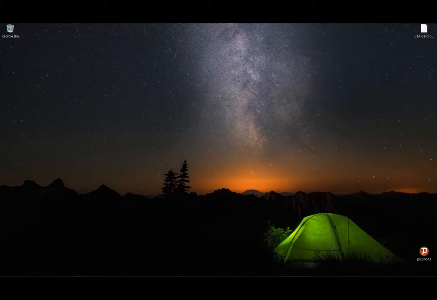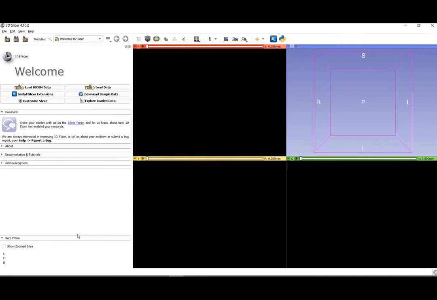Now we will open the 3D Slicer application. We will do the whole heart segmentation in 5 steps. In the first step, we will crop the volume. In the second step, we will create seeds. In the third step, we will refine the seeds. In the fourth step, we will create the 3D model of that segmentation. In the fifth step, we will smooth the